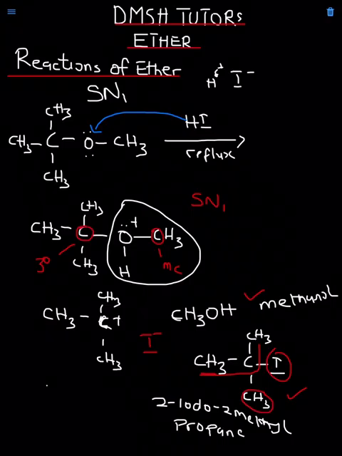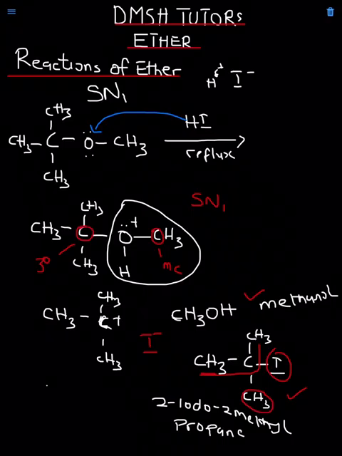The compound will lose the oxygen itself, together with the other compound attached to the oxygen. Then the iodine will join. But if it's an SN2 reaction, it means the iodine will come and join with the less substituted carbon. Then that carbon will lose the oxygen part, the other carbon that remains. So that's it. Now, let us say we use excess acid.